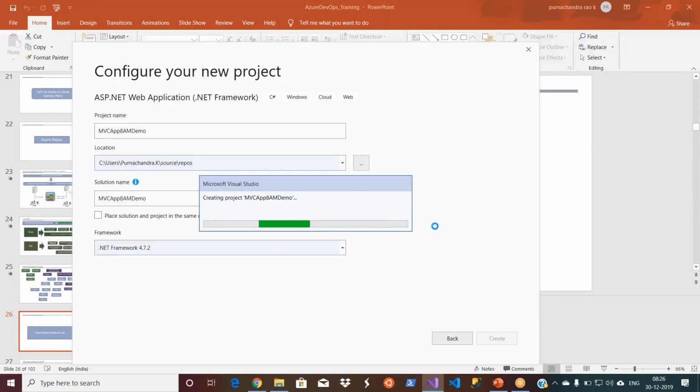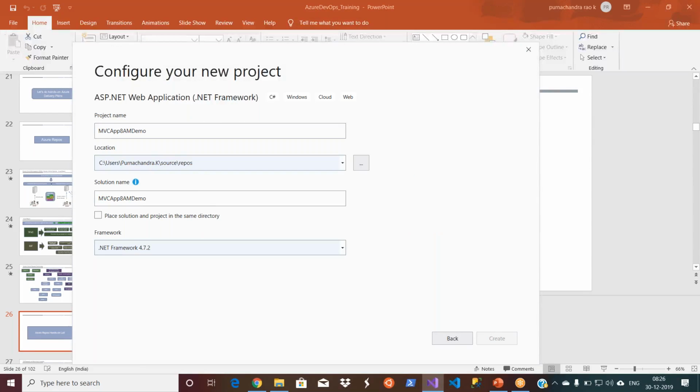Don't worry, because there are different types of audience who don't know .NET as well. You don't need to know the coding, but you need to know the solution, the projects, what the different configuration files available are, how you run it, and what the output of that compilation is. Okay. It takes a minute. Let it take.